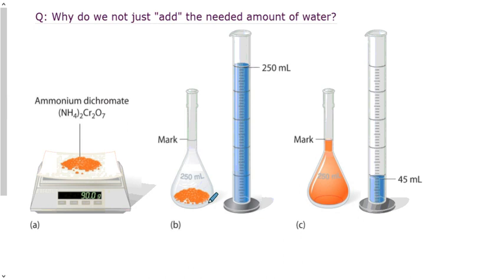my ammonium dichromate solution, and I've measured in a beaker carefully 250 mL of water. And now I'm going to pour that water into the flask. I want to get it exactly to the 250 mL mark. When I do that, you'll notice I've got quite a bit of water left over. The salt itself took up some of the volume in the solution. Had I dumped this entire amount in, we would have an indeterminate amount of solution here, and the concentration would